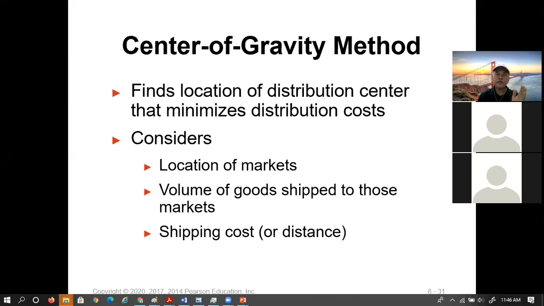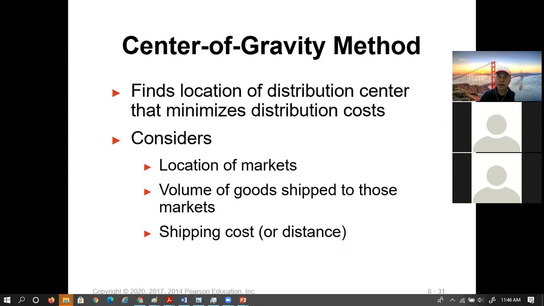So then we should have the locations first, the locations with certain characteristics. For example, what are the considerations in the location? The first is the location of the market. The second is the volume of goods, so how many of the goods will be delivered in that location, in that city, for example, to be shipped to the market. And then the shipping cost. So there are three considerations that we should think about for the location.